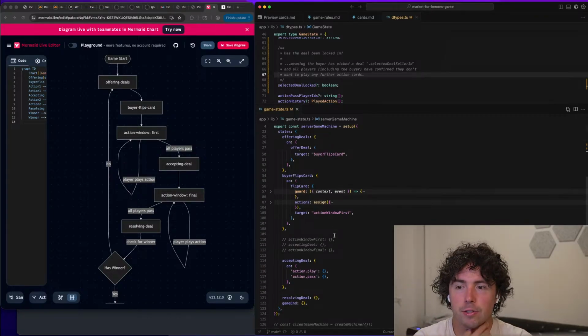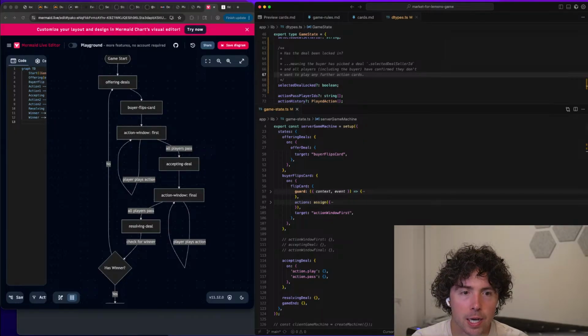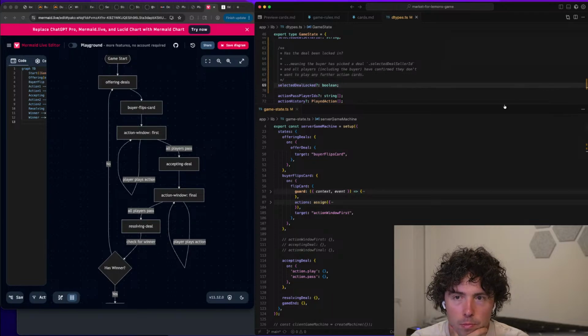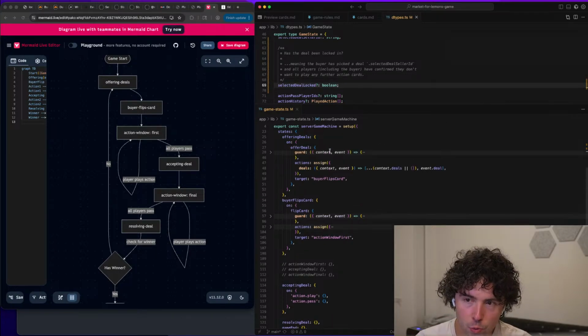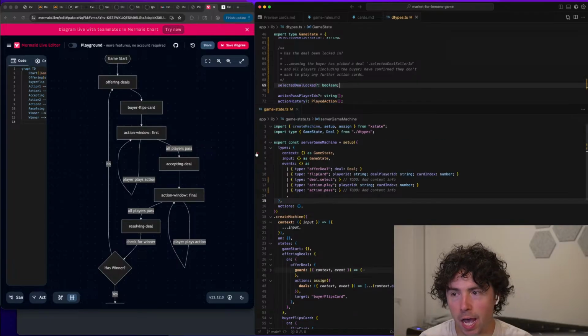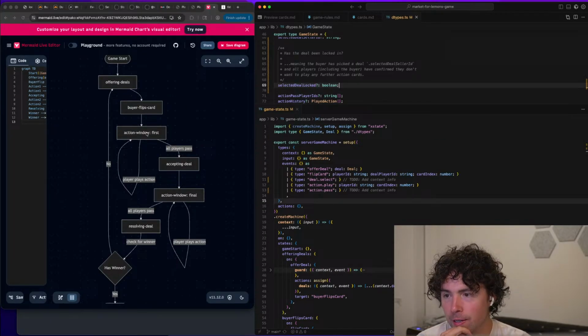So that's the other thing. I think this is the first one of these states where, up to this point, all of these states have been a direct state to state. But in this loop, it's going to be a little trickier, I think. And that's going to get into, I'm going to have to do a little more scouring of the documentation to see